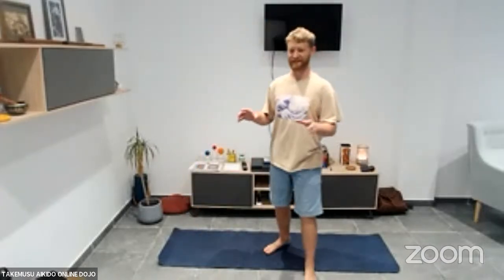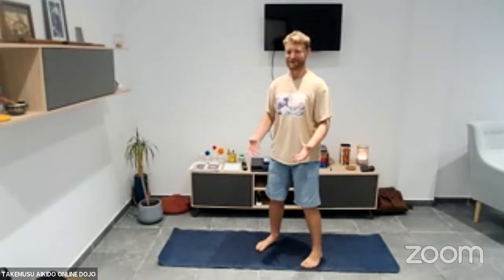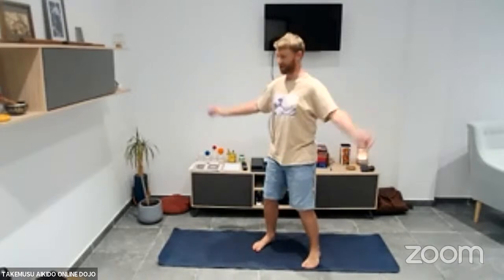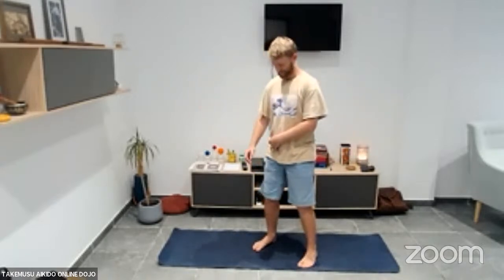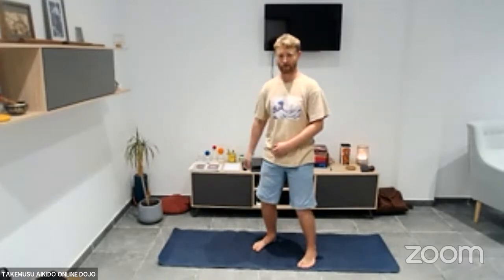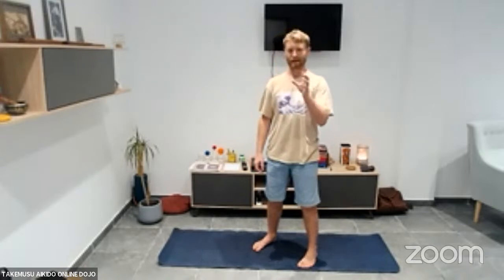Okay, and then the next one's the really silly one, which is like a ragdoll kind of movement. The main thing with this is you're not doing a lot of movement. So the last one's a really great one because it's a ton of movement for the body. The one you want to do now is feel the hands at the side of the body, and then you're just going to raise it to the shoulder. So you're just going to tap the shoulder. You're going to do that part of the movement, but play with really being